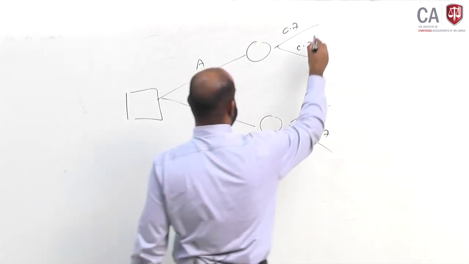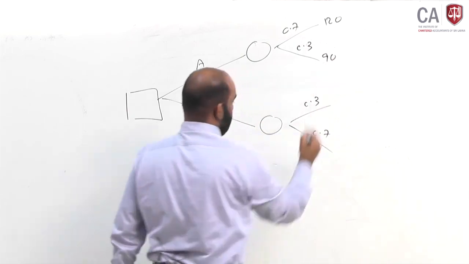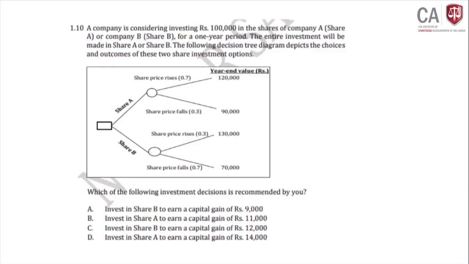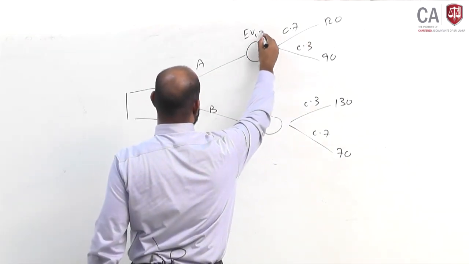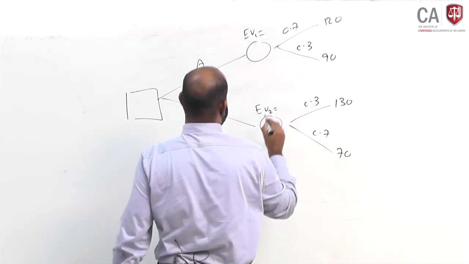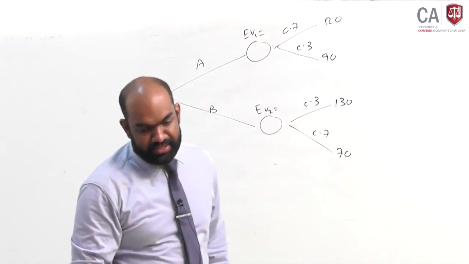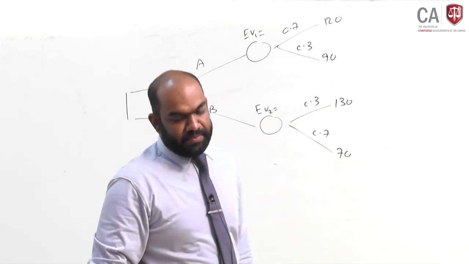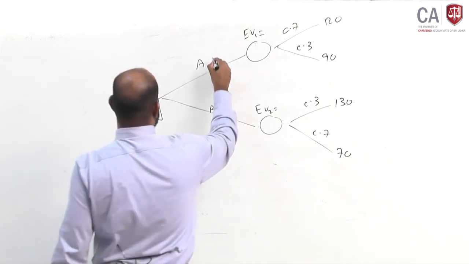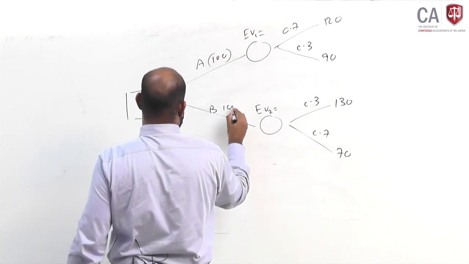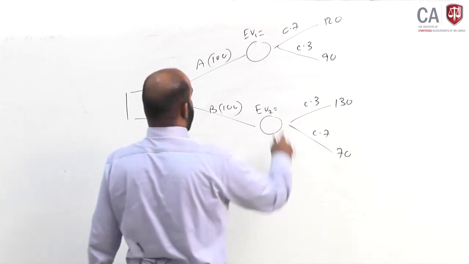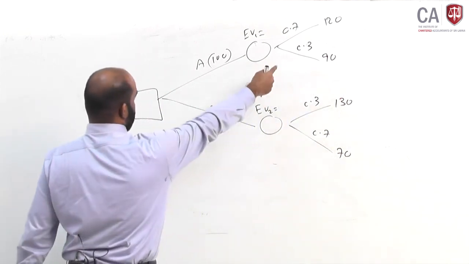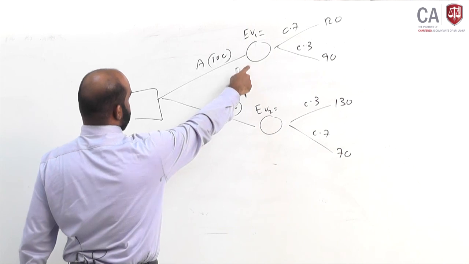120,000, 90,000, 130 and 70. So you can calculate the expected value here. Let's say EV1, and another expected value there. These are actually year-end values. They don't include the initial investment. So you make a 100,000 investment in either A or B, the same investment. When you read from right to left, the moment you see a circle, you calculate the expected value. So EV1,